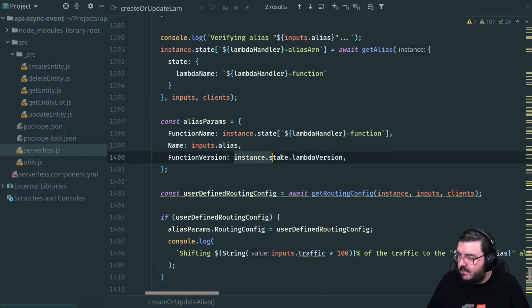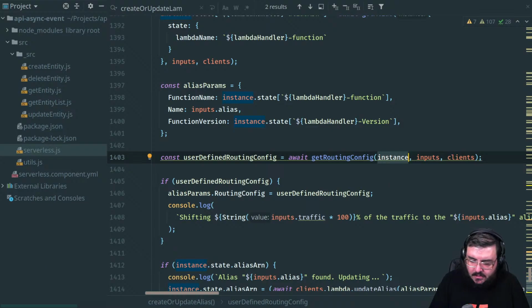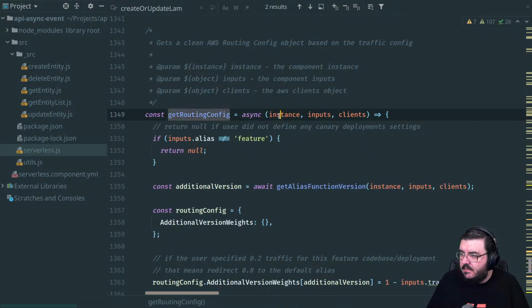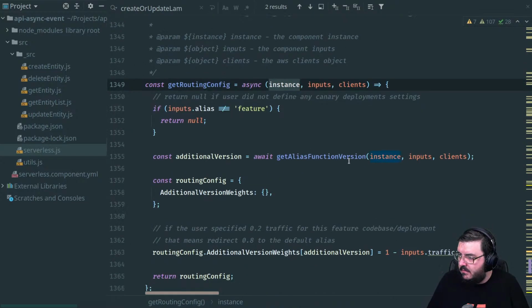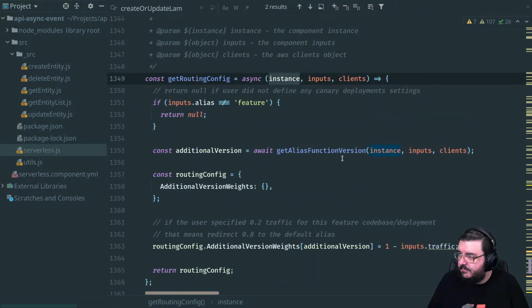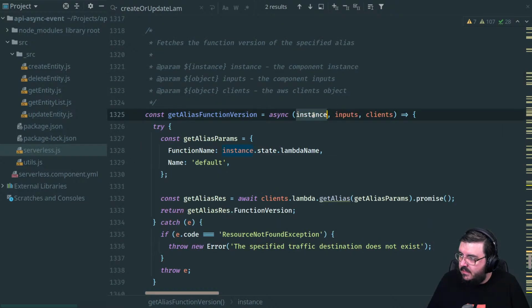Grab that. This here. Then get routing config. So here's another one that we might need to create our own custom instance object for. Let's see what this needs.